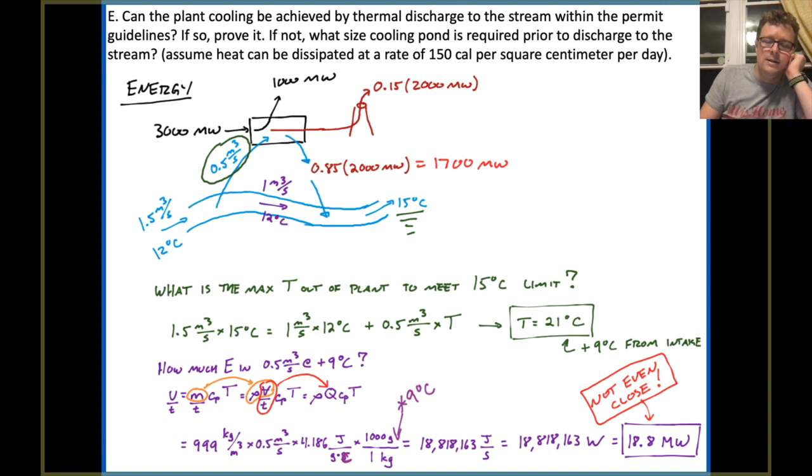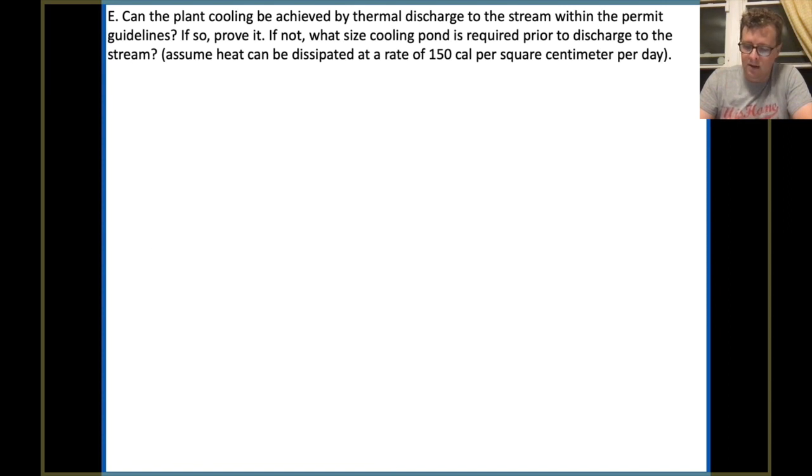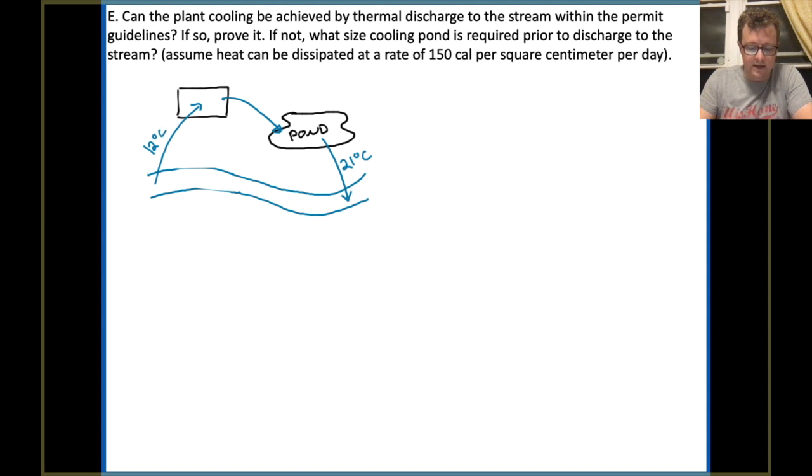This operation is not going to be able to meet the permit requirements that we were given. Okay, so that puts us in this sort of category. The problem statement says, if not, what size coolant pond is required before we discharge to the stream? And so one strategy that you might conceivably undertake would be to put a pond in between your power plant